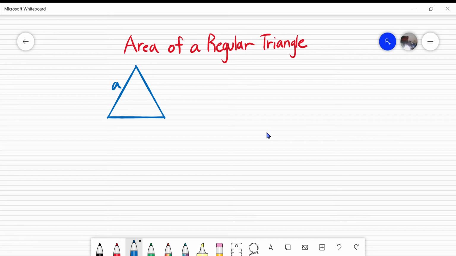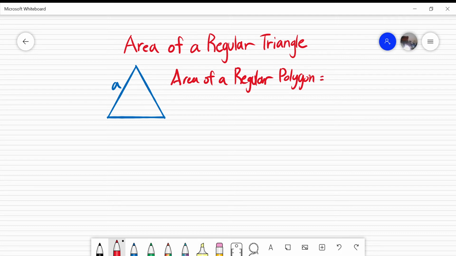Now, how do we figure out the area? Well, if you recall, the area of a regular polygon is equal to 1/2 pH, where P is the perimeter. So in this case, the perimeter would be